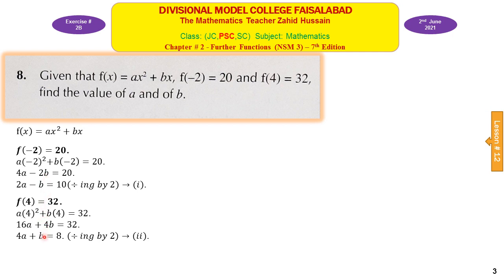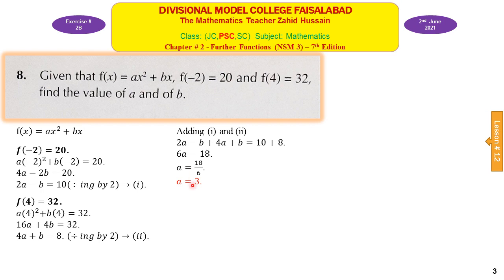We will solve equation number 1 and equation number 2 simultaneously, because in equation number 1 the coefficient of b is minus 1, and in equation number 2 coefficient of b is plus 1. So we will add these two equations. To eliminate b, 2a minus b plus 4a plus b, the left hand sides of equation number 1 and 2, equals to 10 plus 8, the right hand sides of equation number 1 and 2. Plus b is cancelled with minus b, and we are left with 6a is equal to 18 and a is